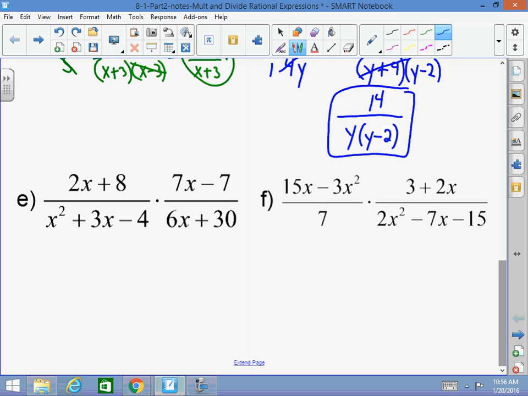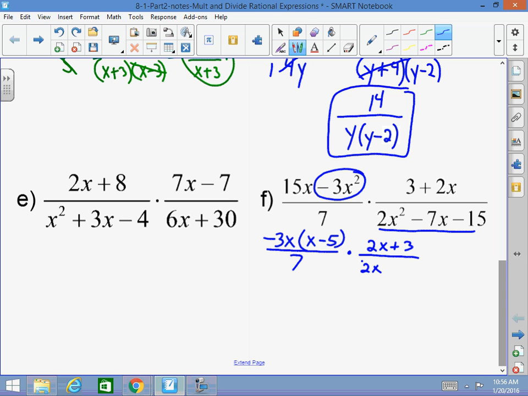So, for F, first of all, what did I tell you when you have a leading coefficient that's negative? Very good. I'm very proud of you, son. So let's factor out a negative 3x out. Very good. So then I'm going to be left with x minus 5 over 7 times 2x plus 3. Now, Cuban method. 2x,